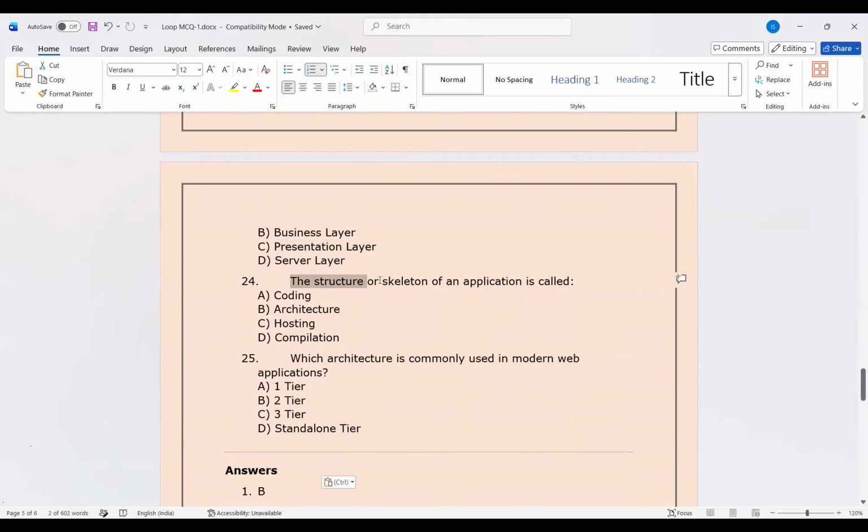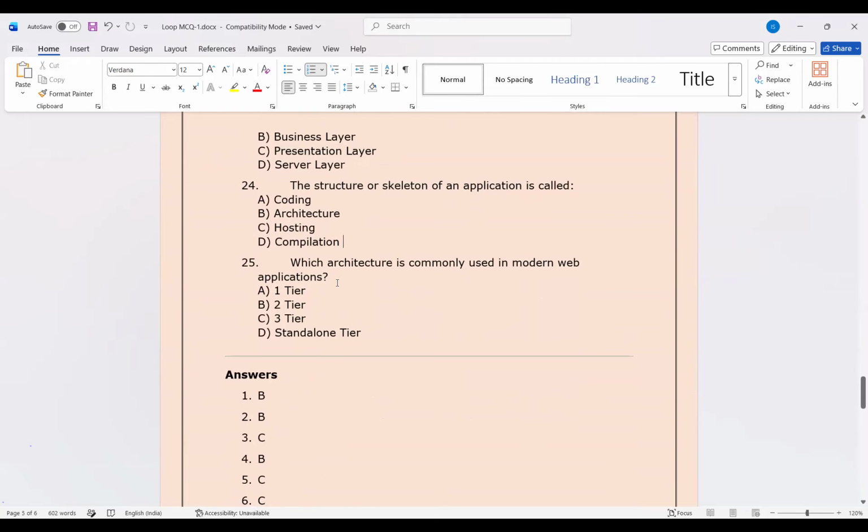The structure or skeleton of an application is called what? Architecture. Which architecture is commonly used in modern web applications? Normally in modern web applications, three-tier architecture is very common. And whenever we develop the application, we are also planning to develop it using the three-tier architecture. So in our WhatsApp group, actually I will